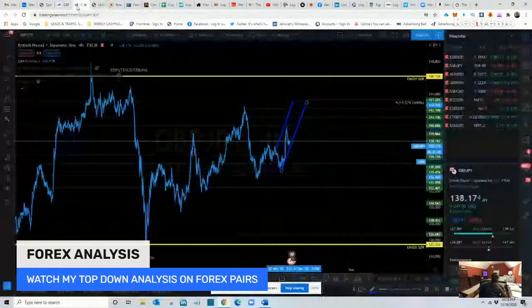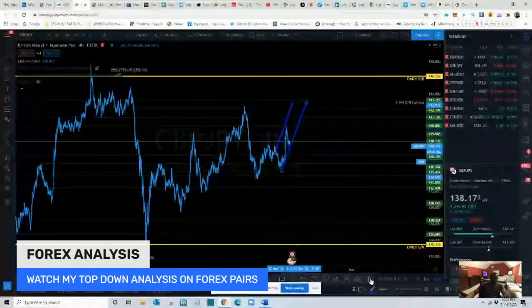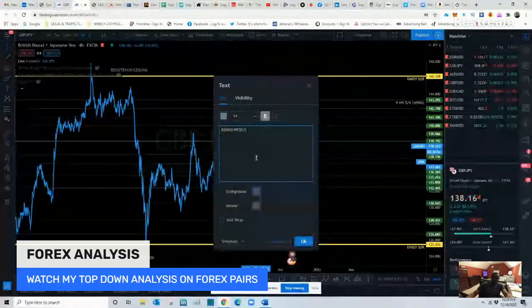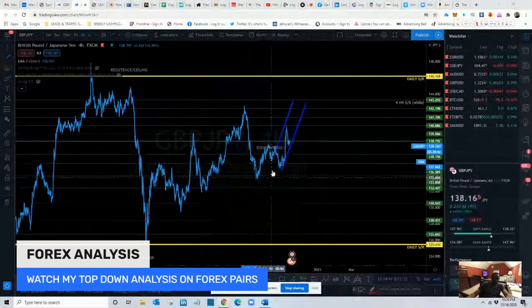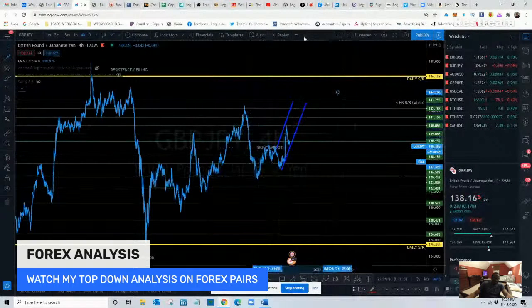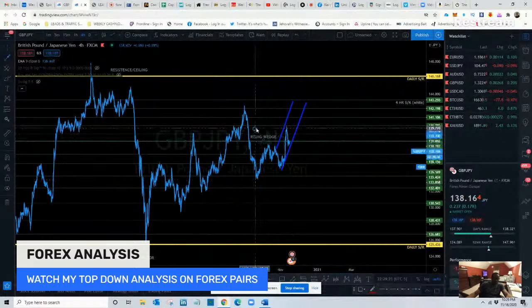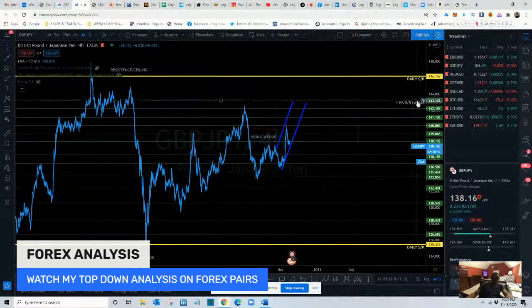Then what I'm going to do is make a note of that. I'm going to put a text here and say the rising wedge. Then I'm going to draw an arrow. Whoops, erase that. It's a rising wedge here, and then I'm going to draw a little arrow pointing to it. Now we see that, okay? So with the rising wedge here,